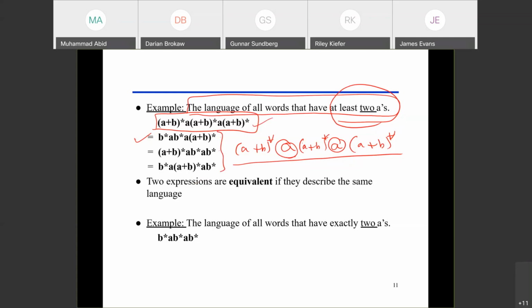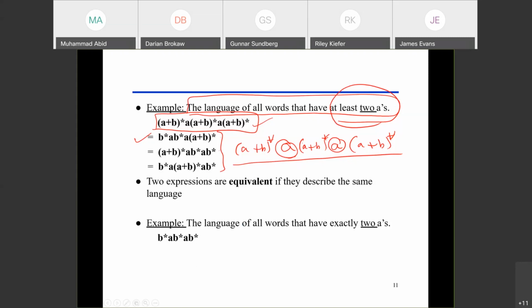If you write it in a way, it solves the purpose. The two expressions are equivalent if they describe the same language. So now, this is good. So any question with this, at least two A's, no problem. So now we are saying that we need to write a regular expression for